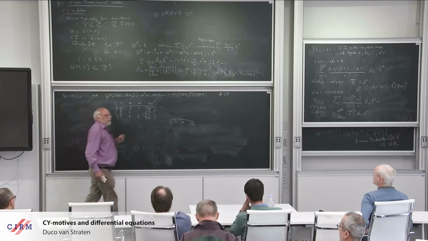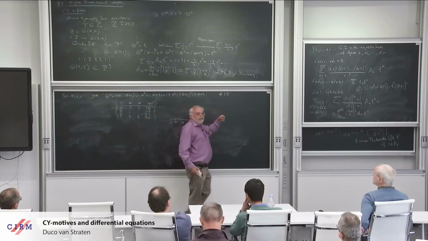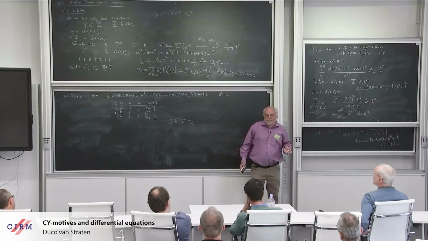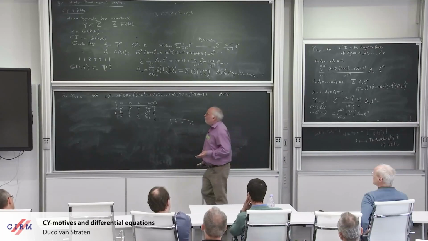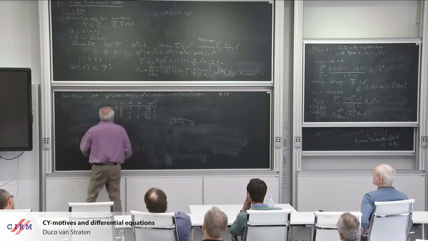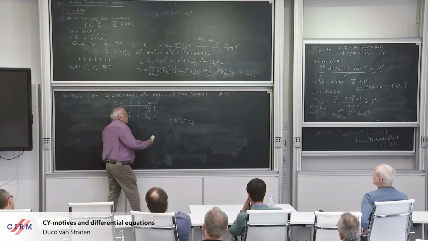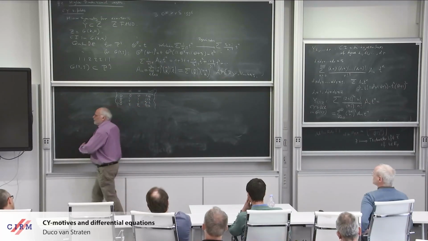So this is the ultimate generalization of what I explained first about the elliptic curve, which determines its number of points. So I will now hurry up to do this. So this is